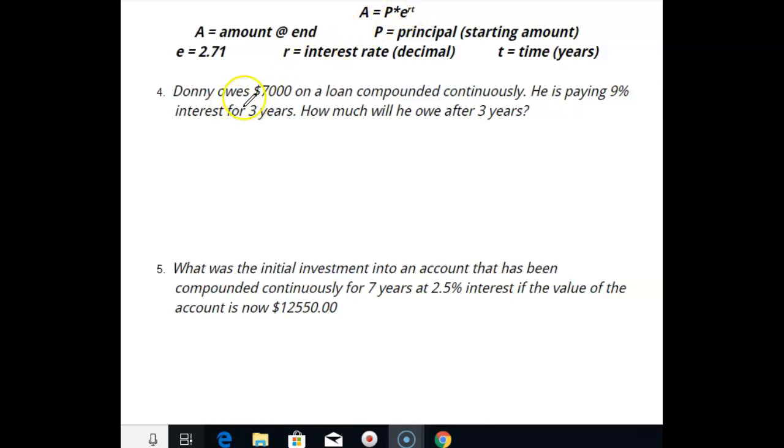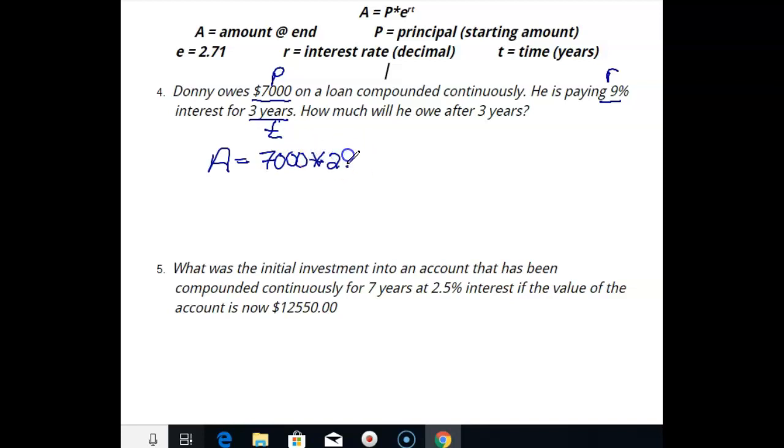So Donnie owes $7,000 on a loan compounded continuously. He's paying 9% interest for 3 years. How much will he owe after 3 years? Okay, so 7,000 is your P. That's the amount he starts with. R is 9% as a decimal, and T is 3 years. So the amount he owes on $7,000